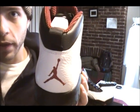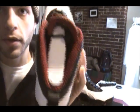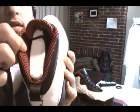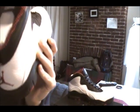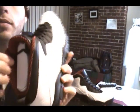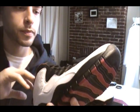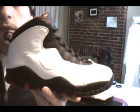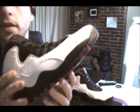But there you go, you got the Jumpman on the back and everything. This is the first time they retro these shoes, so the only thing that's really different about these than the other ones is that instead of just a solid red on the inside, you have a checkered red like they have on some of the other retros or the 10s. That's really the only thing that's different, other than, I guess, quality wise it's a little bit